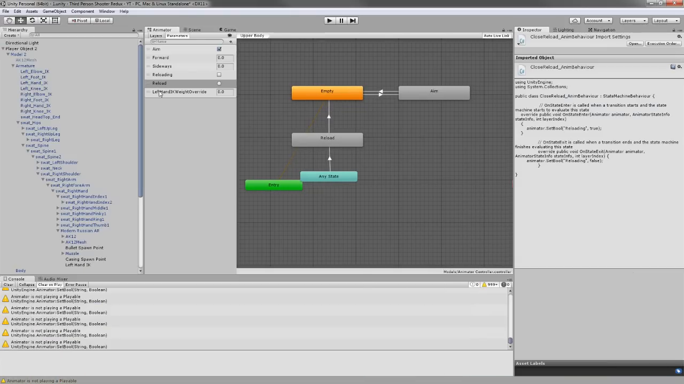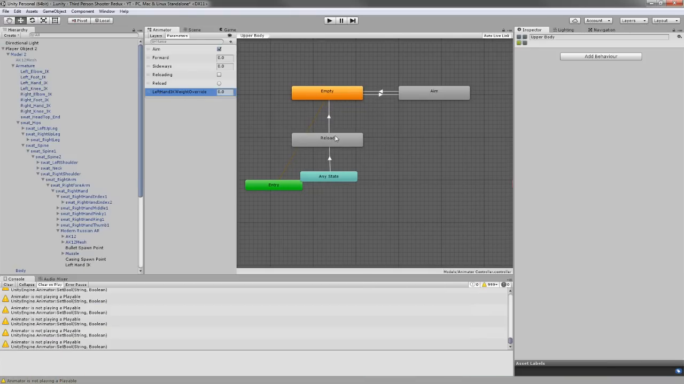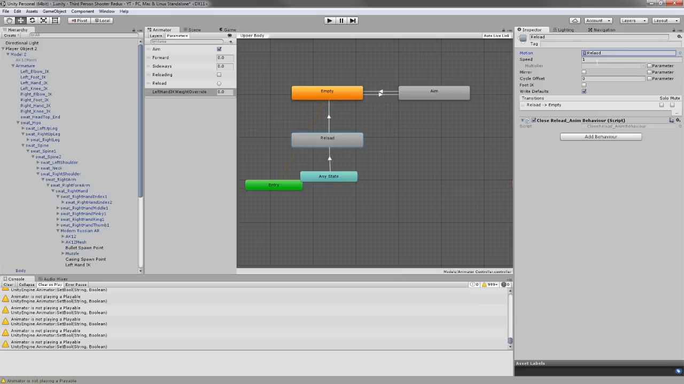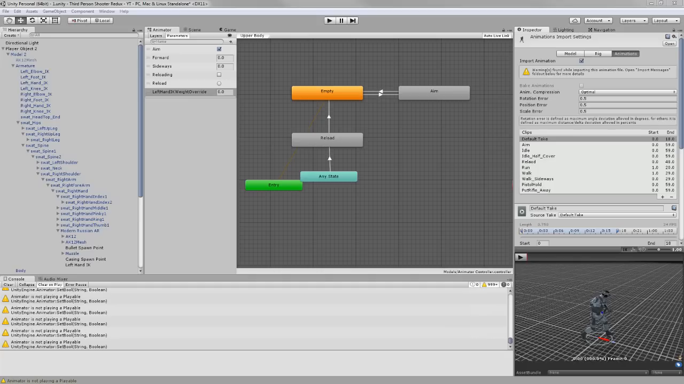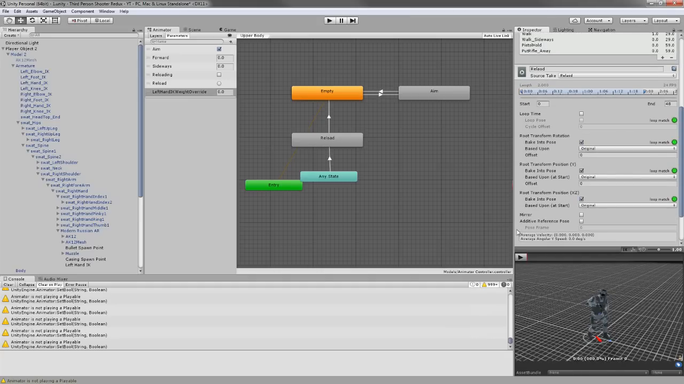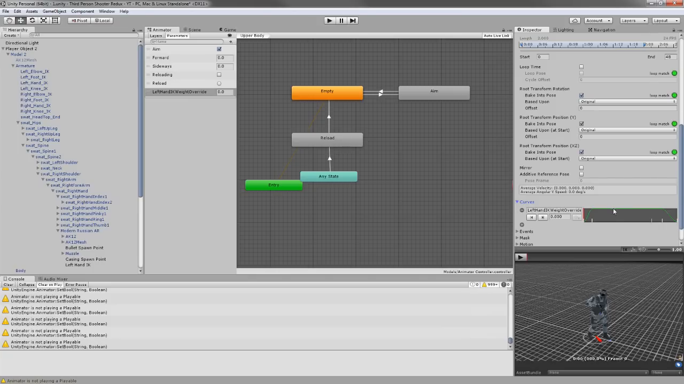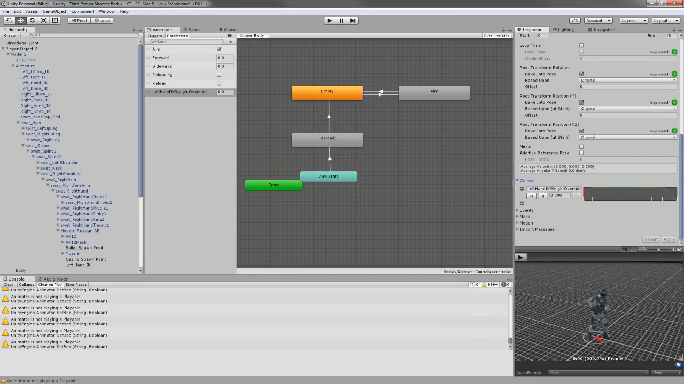But I also have this float which is the left hand AK weight override, where if I go to my reload and I'm going to my animations game object, and if I go to reload and down here on my curves I have the same name, I've added a new curve, the same name as the float inside the animator. It's case sensitive, so wherever there is a capital letter you need to set a capital letter, and I have it so that when it's about here,